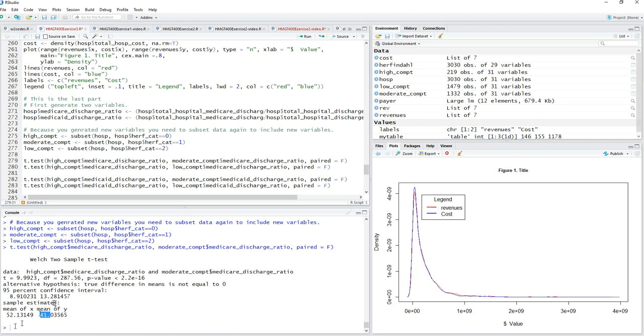And here the 52 is the Medicare discharge in high competitive market, and 41 is in the moderate competitive market. So one of the students asked me last week, okay, if the value of t increased, does it mean it is more significant? I want to say no, it doesn't matter. It matters just in terms of heteroscedasticity. We are not talking about heteroscedasticity in this class, but